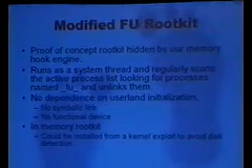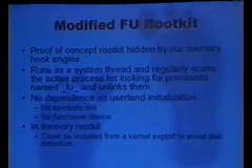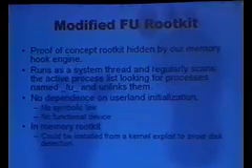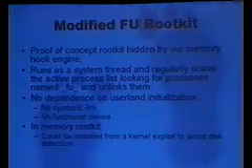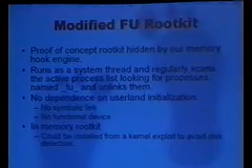Our modified FU rootkit, that's the object that we're hiding, runs as a system thread. It's purely kernel mode. It scans the active process list looking for processes named _FU_, and then it unlinks them if it finds them. That's really all it does. It's not really an attack tool per se. It has no dependence on user land initialization, no symbolic link, no functional device, and it's really designed as an